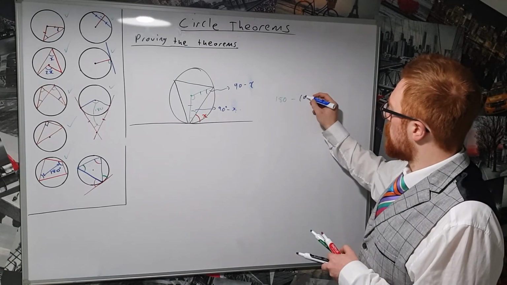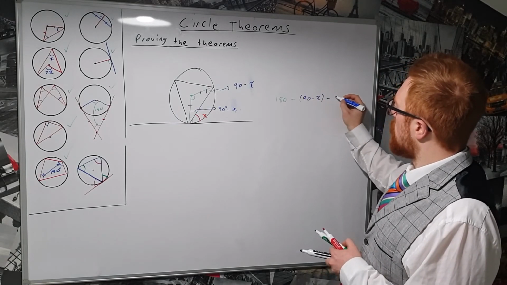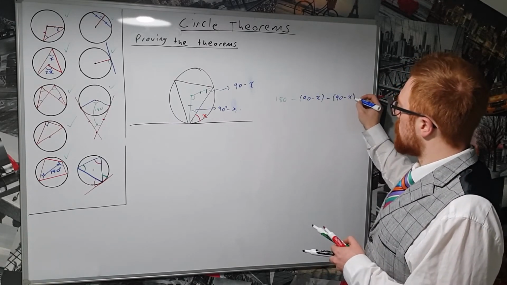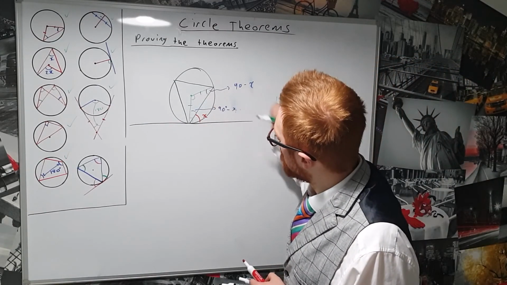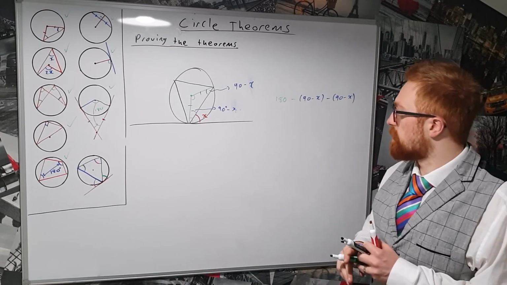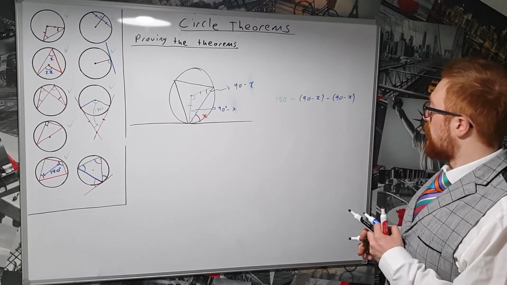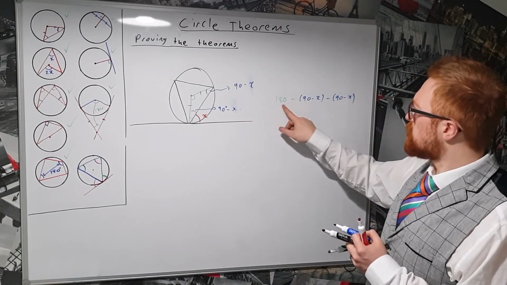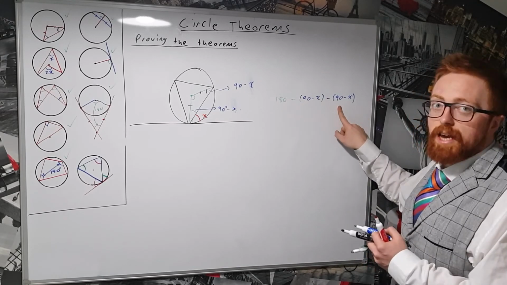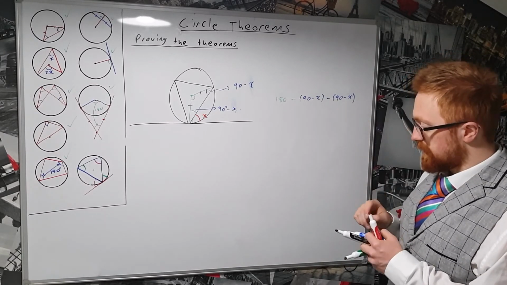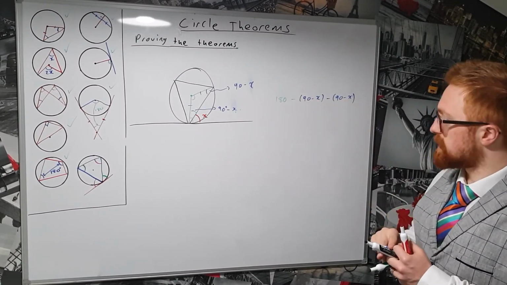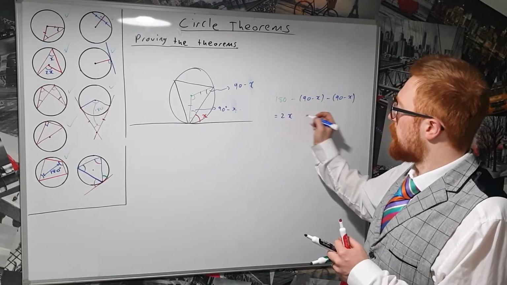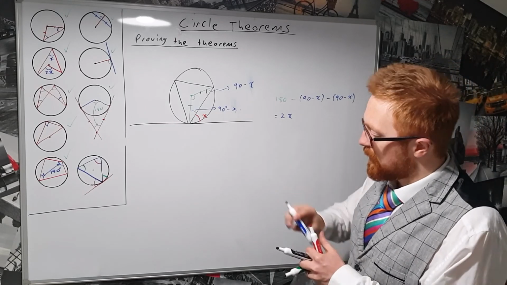So we're going to take away 90 minus x, and take away the other 90 minus x. 180 take away 90 take away 90 is just equal to 0. And then take away negative x is x, take away another negative x, we get 2x. So this green angle here